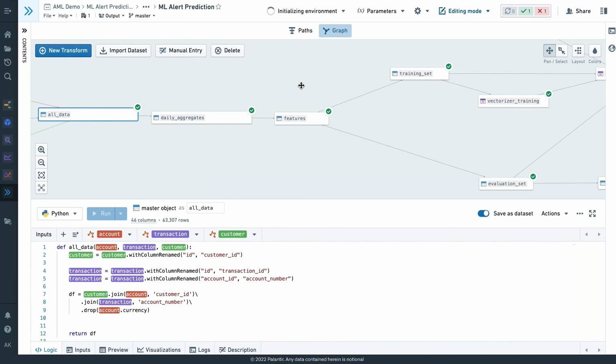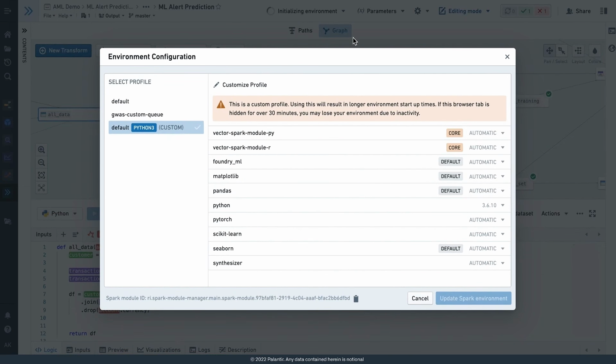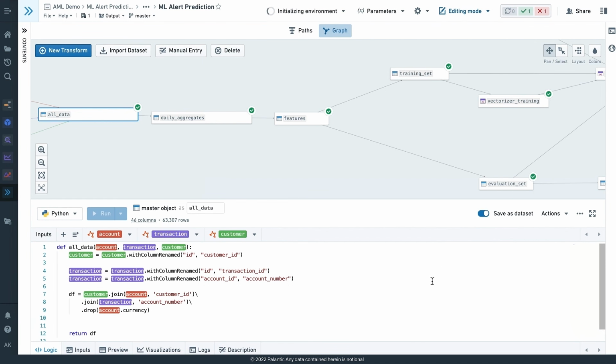And of course, I can make use of all of the packages I would expect. So we can mirror things like CondaForge, or if you have your own package managers. We have the added benefit here that you can set up custom profiles that not only have different compute profiles associated with them, but also if you have particularly sensitive or license restricted libraries you want only certain users to be able to use, we can enforce that through the same security perimeter that's enforcing data security and ontology security that we saw before. So it allows people to make secure use of commercial libraries as well.